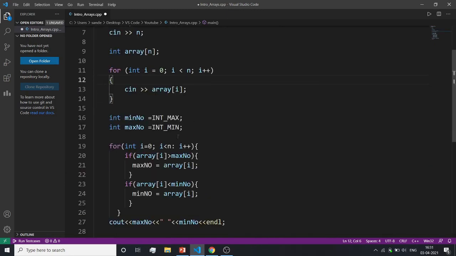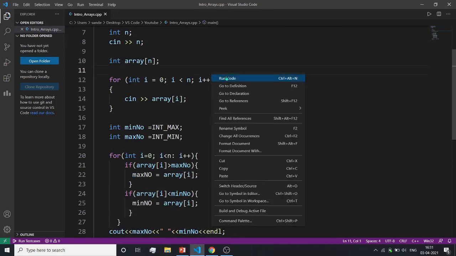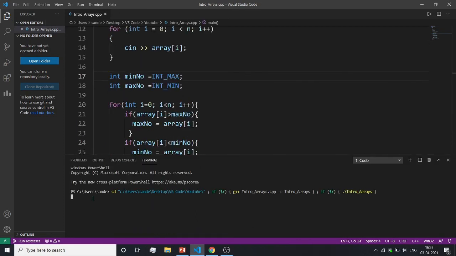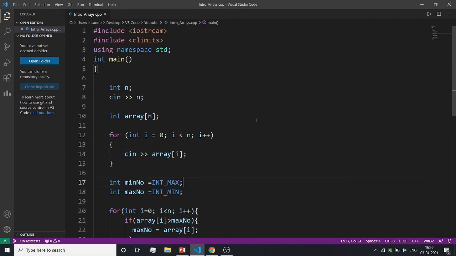Since we have used INT_MAX and INT_MIN, we should write the header file, include cLimits. Okay, now let's save and run the code. Let's give an array of 5 elements. Okay, so these are our numbers, and the first is the maximum number, which is 699, and the minimum number is 13. So we have successfully run the code. Now I will see you in the next video.